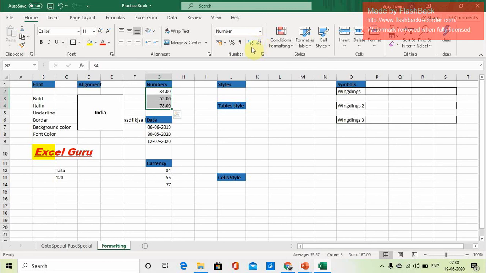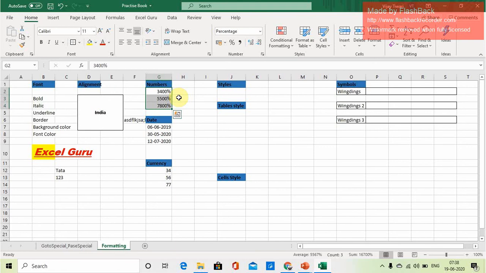And if you want this in percentage, this value is a general value. If you want to change it to percentage, you can click on this percentage. It will change to 3400 percent, because it considers the value as already being in that form.